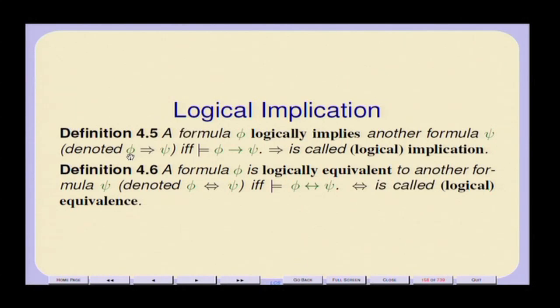Okay. So, we would say that phi logically implies psi if and only if phi arrow psi. Now, this is a single formula, formed from these two formulas related by this relation, whereas this is a single formula in the language, phi arrow psi, and we are saying that it should be logically valid, which in other words means that it has to be a tautology. So, logical implication also can be brought down to the conditional, and similarly there is logical equivalence.